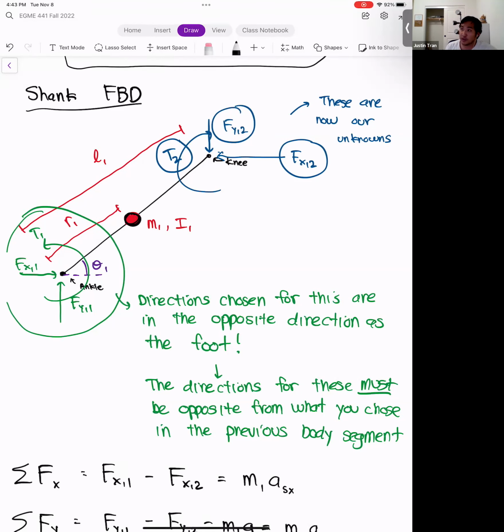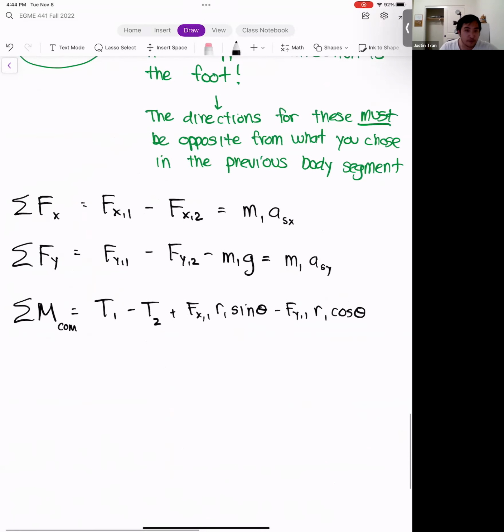But yeah, so when you're summing the moments, it's important to check which direction it's going, and make sure you do it relative to the center of mass here. And so for Fx1, we're going around this way, and so Fx1 will be counterclockwise, and so that'll be positive. And then Fy1 is going around this way. And so that will be a clockwise moment. So that will be negative. Yeah. No, it's always good to question and check for sure. So that was definitely good.